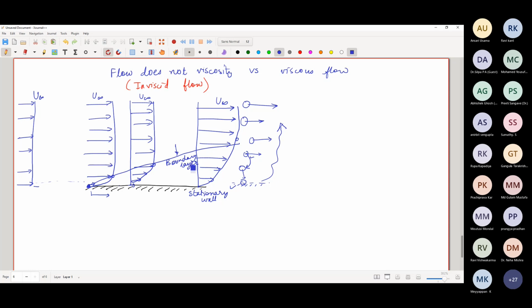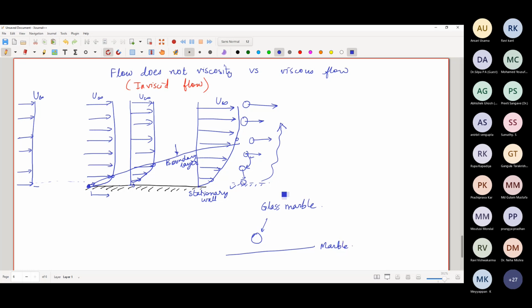And the boundary layer is formed solely because of the presence of viscosity. If viscosity is not there, then there is no reason for the molecule to actually stop. It is like playing with a marble. You know those glass marbles? When you play with a glass marble on, say, a very polished and hard surface of marble,